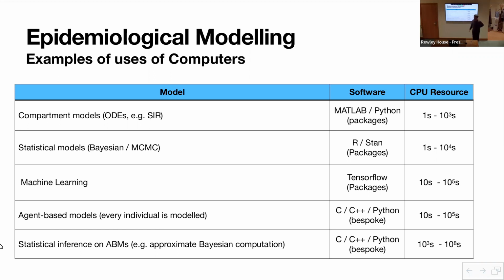For example, there was one retrospective analysis I did, looking at the spread of various different variants of SARS-CoV-2 around the UK. And in one weekend, I think I got through about 5 years of computing time on the cluster, because I was trying to do statistical inference in a large-scale model with 5 billion agents.